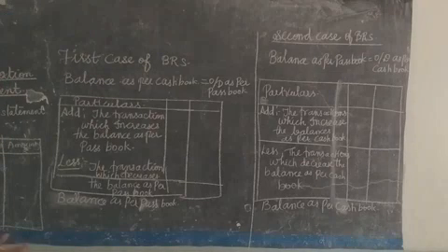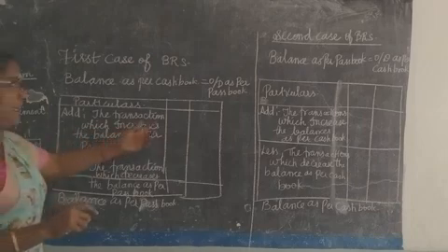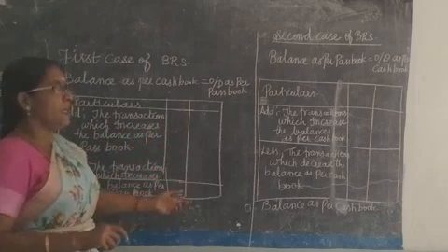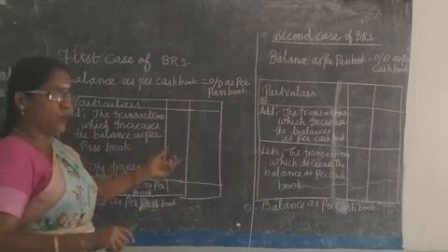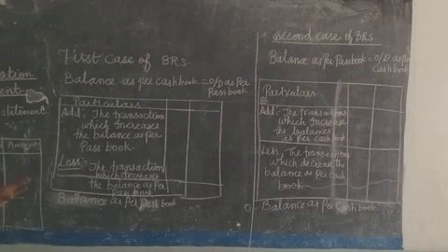Already you have completed the format, you know very well, isn't it? This is the format, girls, and for each and every sum, as I told you yesterday, you have to write the bank reconciliation statement heading, and then you have to write particulars. Instead of debit and credit, you have to provide two columns, and in the inner column we have to write the amount. Now, let me explain about the first case.